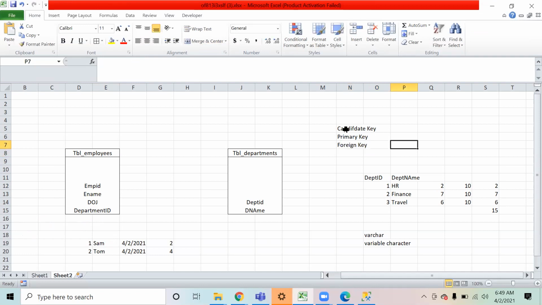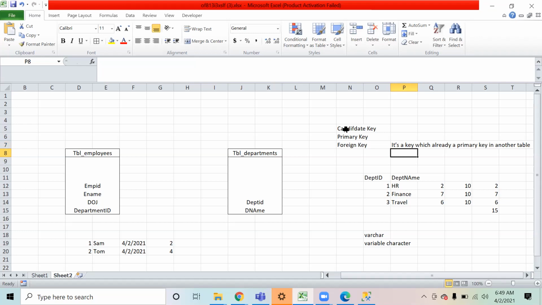The definition of a foreign key is that it is a key which is already a primary key in another table.